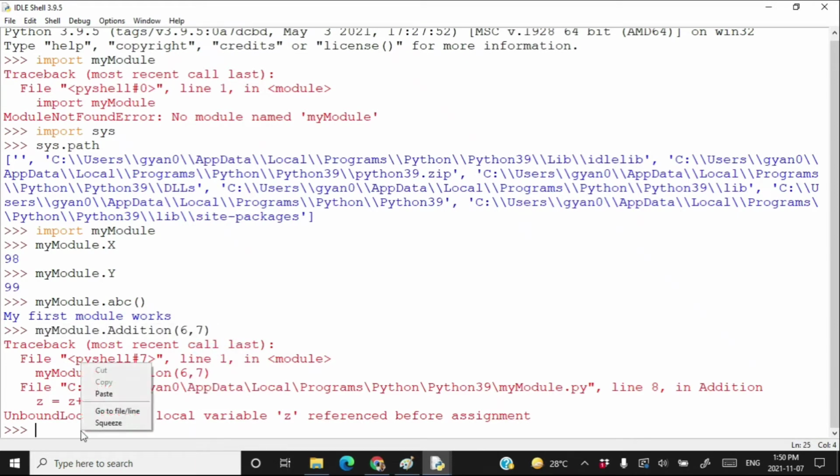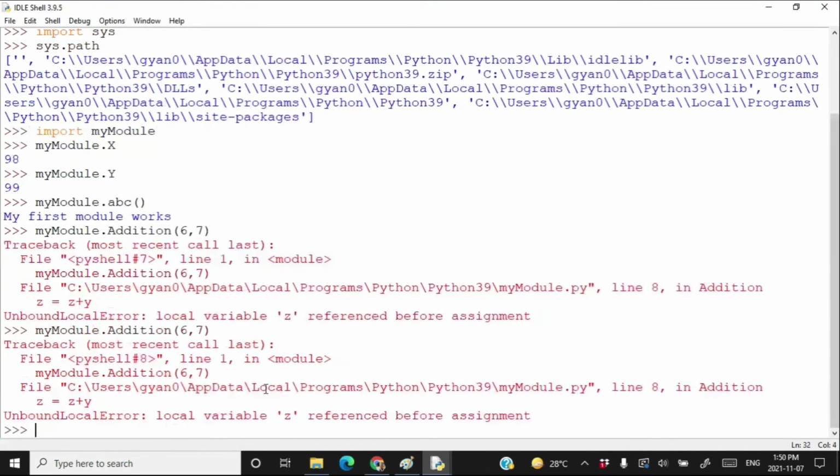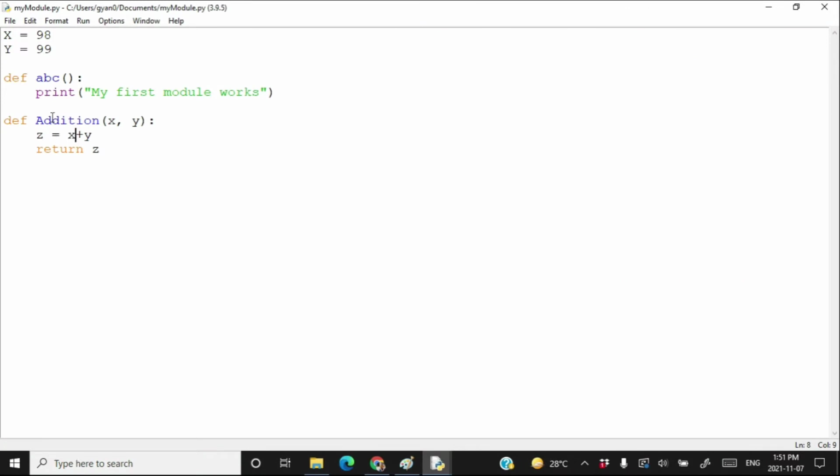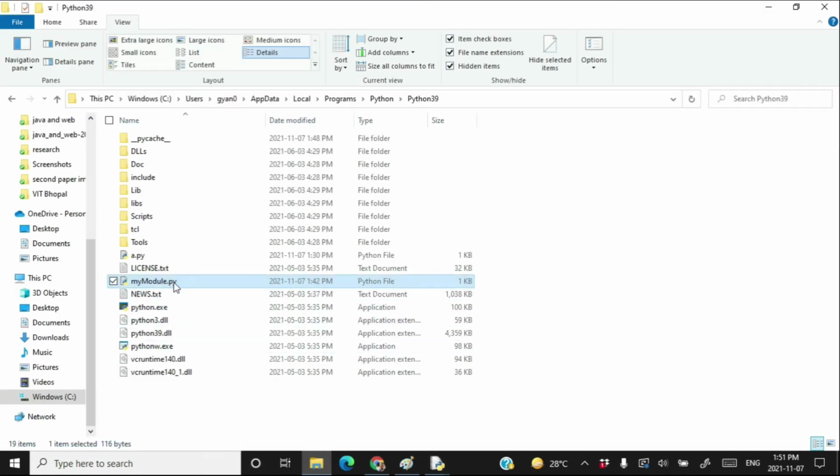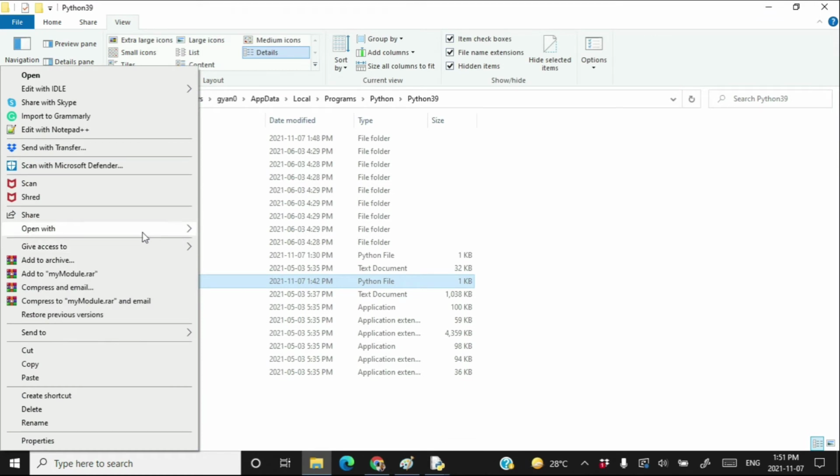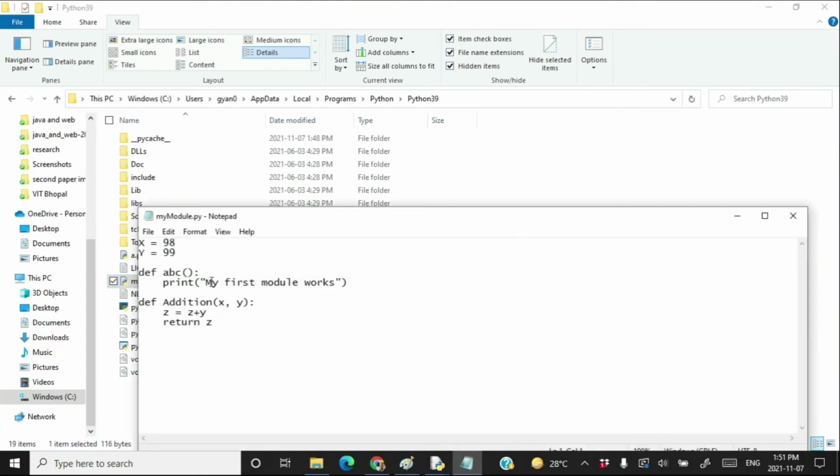Again call it, copy, paste. Oh, actually I am changing my mymodule.py in a different directory, in the documents directory. I have to change this file. So right click, open with Notepad and write here z is equal to x plus y instead of writing z is equal to z plus y.